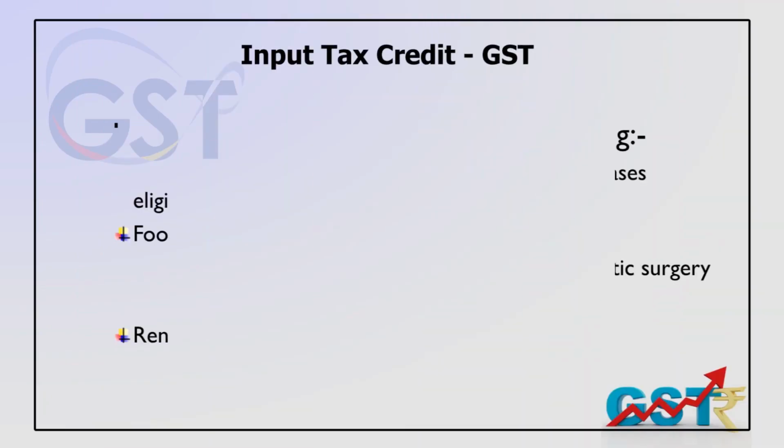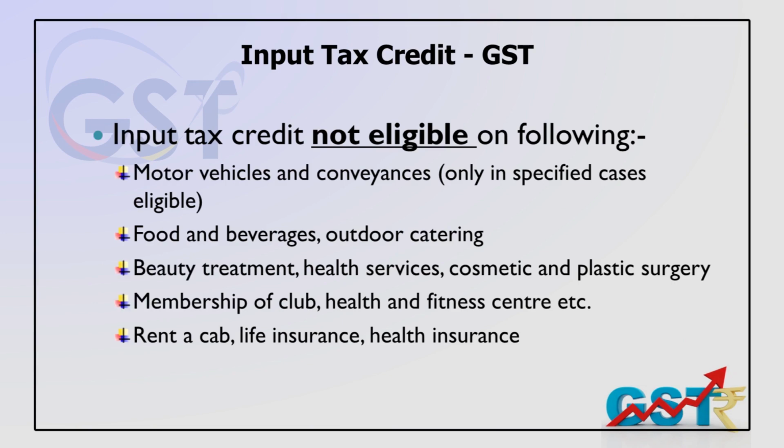So let's understand Section 16 once again. It says that if the recipient, the person who receives the goods, fails to pay the supplier of goods or services or both within a period of 180 days from the date of issue of the invoice, the vendor issued the invoice, I got the goods, I took the credit, I reduced my tax liability, but for 180 days I have not paid the money to the supplier concerned.